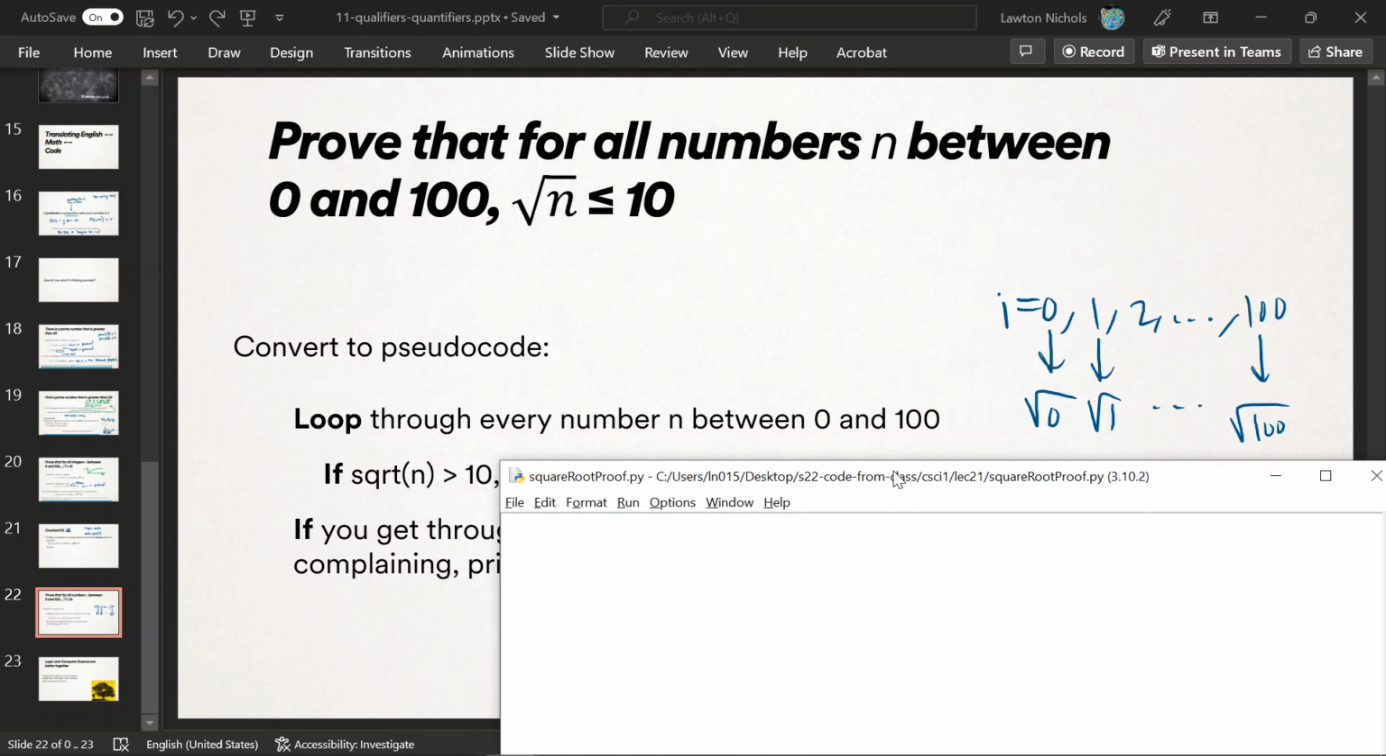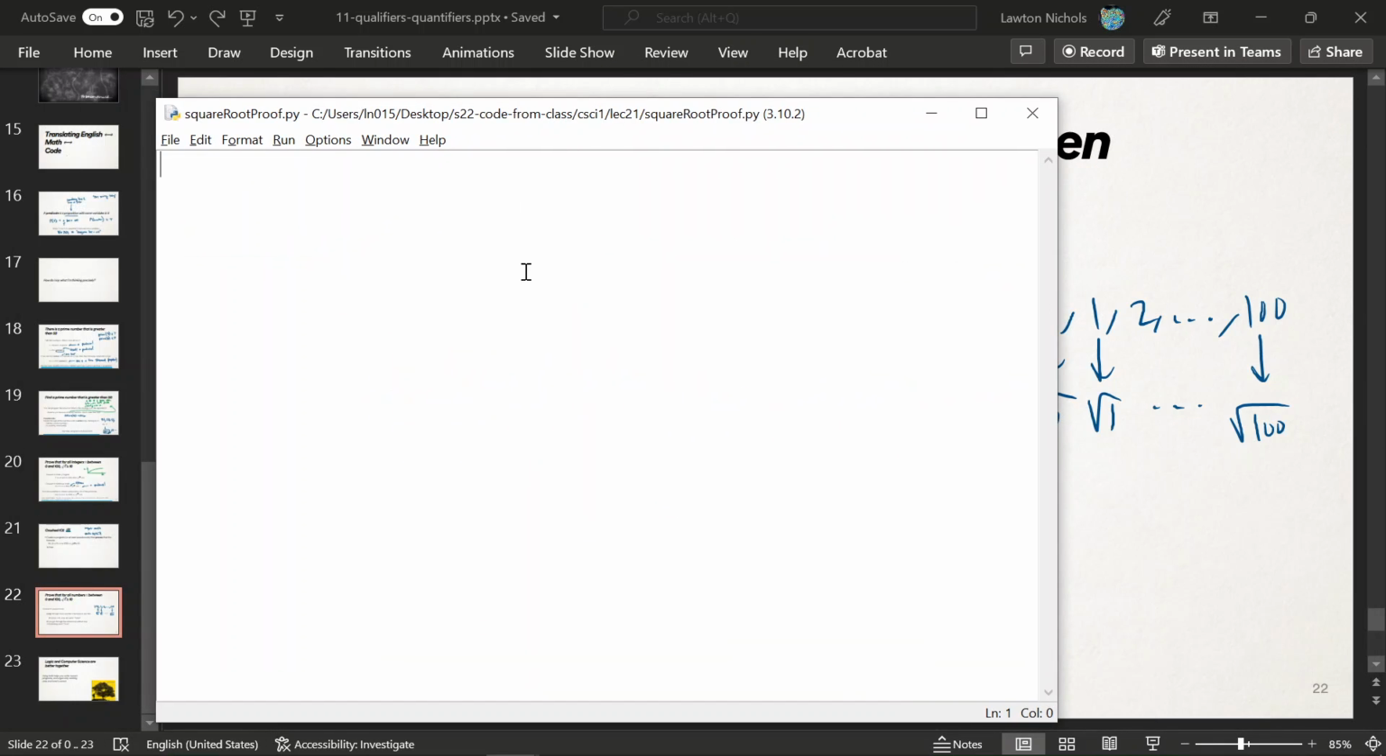Loop through every number n between 0 and 100. So instead of i this time, I'll use n. Start n at 0, and keep looping while n is less than or equal to 100. To advance the loop, it's always n equals n plus 1. And then for each value of n, we want to make sure